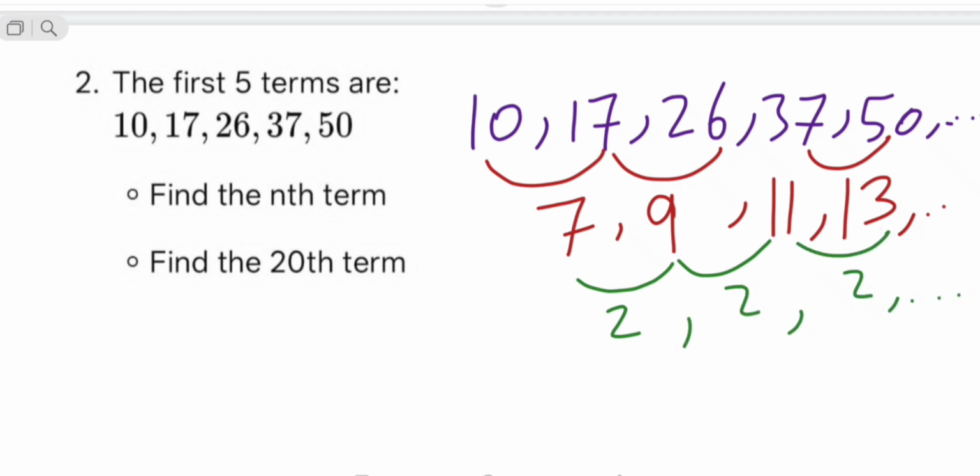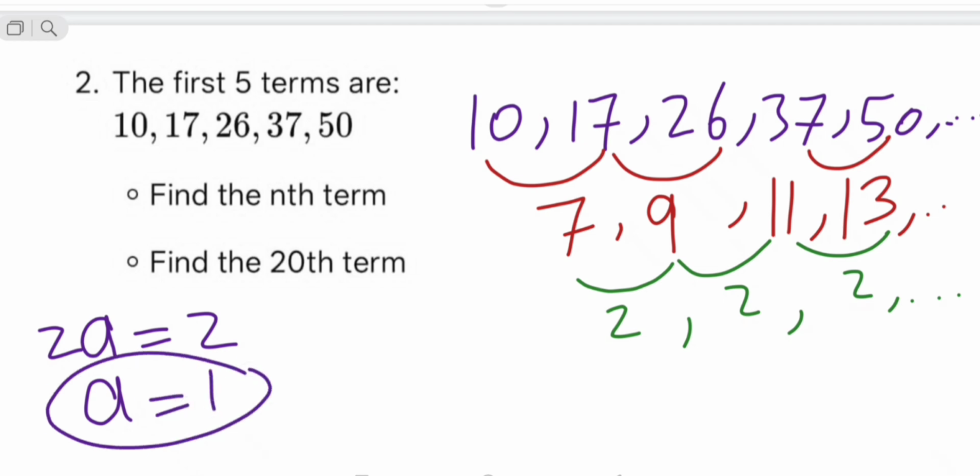Now we need first to find a, which is always equal to the second difference divided by 2. So a equals 1, because 2 divided by 2 equals 1. Then we need to find c, the 0th term. As I told you, we subtract 2. 13 minus 2, 11. 11 minus 2, 9. 9 minus 2, 7. 7 minus 2, which is equal to 5. So 26 minus 9, 17. 17 minus 7, 10. 10 minus 5 is 5. So c equals